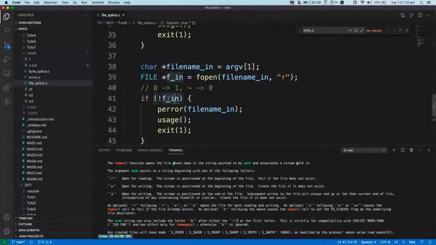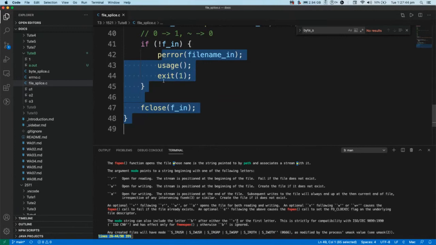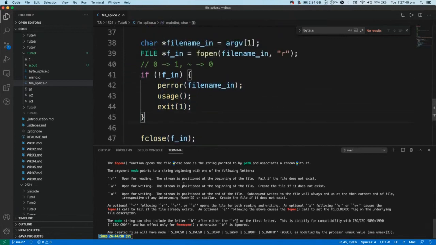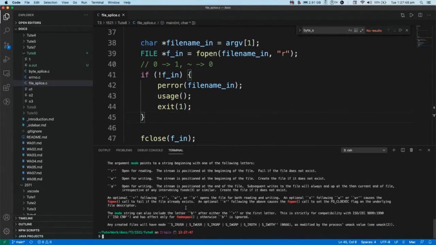And so how it works here is that if I say not fn, if this is equal to 0, then it's going to become 1. If it's anything else but 0, then it becomes 0. So what this means is that if this is NULL, it's going to become 1 and print out the error and exit. So for example, if I just show that quickly,